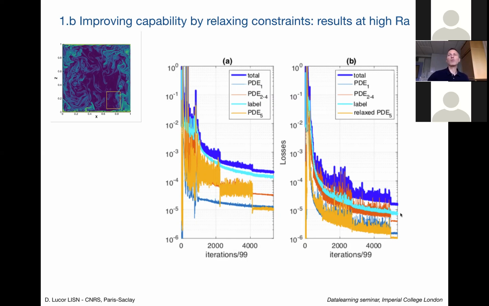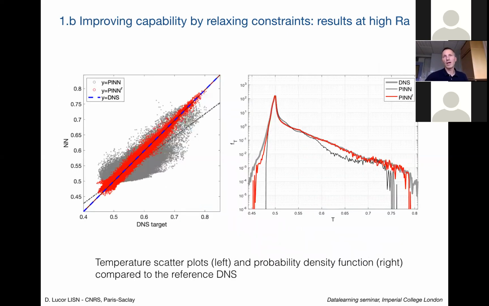And it's also going to benefit the terms associated with the labels. So this is amazing. It's really a coupling in the loss between the minimization of the term with the data and the one with the PDEs. And by relaxing some of the PDEs, you can also lower the loss function for the label. And when you do this, you go from, for example, just relaxing as I proposed, you go from results here